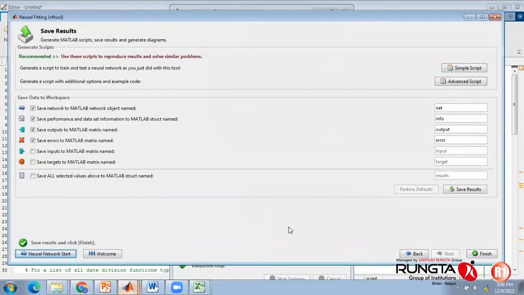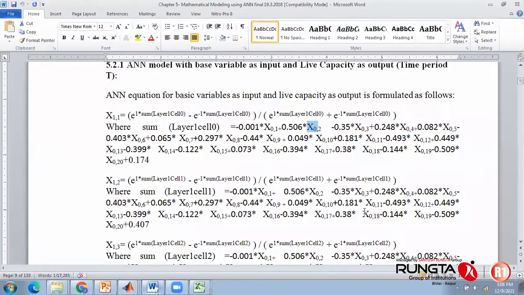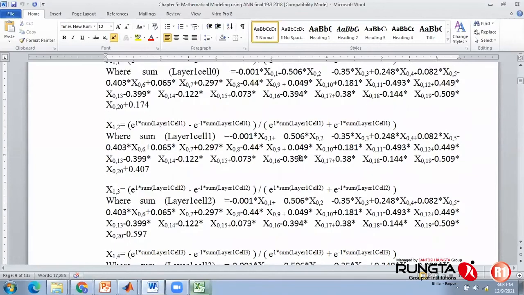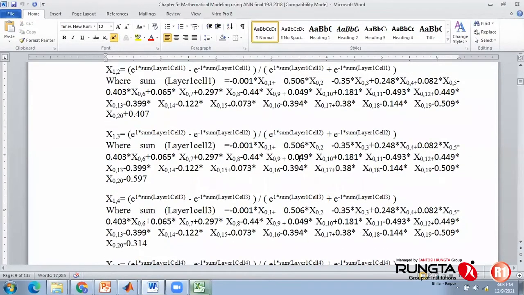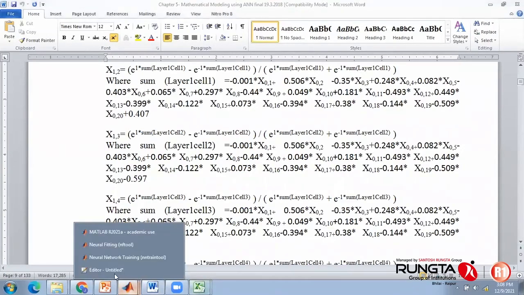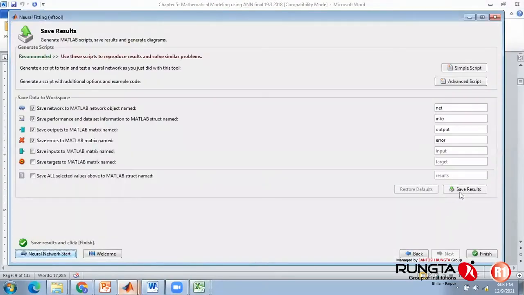So once we have this MATLAB code, then before finishing, this is the finish tab, we'd like to save the results related to output, because we need a prediction of output. Otherwise, the mathematical model depicted over here, you would need to solve by sitting for months, going through all the synapses, this complete calculation, which is extremely tedious and complicated, and then calculate the final output. Or MATLAB can calculate for you. So it is always better to save results.